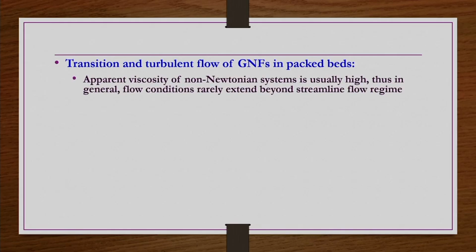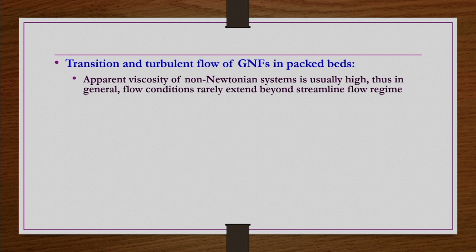What if the flow is in the transition or turbulent region? If it is in the transition or turbulent region, then what should we do? A similar analysis one can do, or from the experimental analysis you can take some empirical correlation, that is possible, right. However, for non-Newtonian fluids usually the apparent viscosity is higher, so in general you do not get very large Reynolds